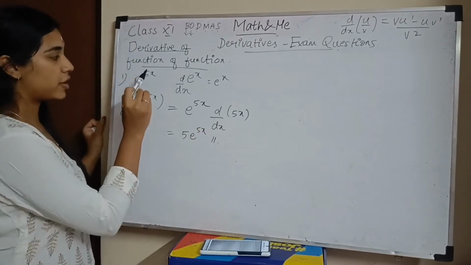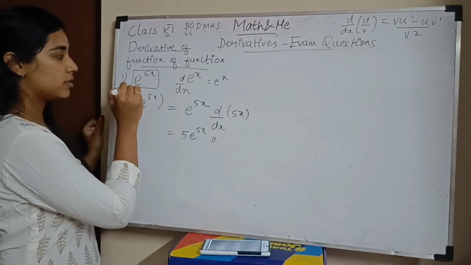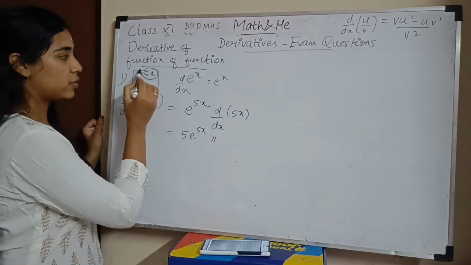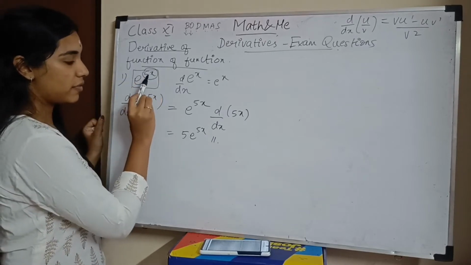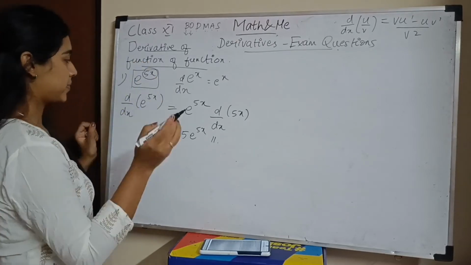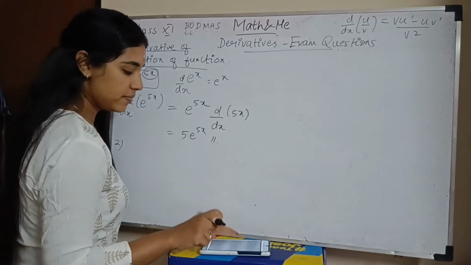So you have a function inside a function. So this is one function. This is another function. So you have to find the derivative of the function first, and then you have to find the derivative of the function that is inside the function. Okay? Let us see another question. You will have some better understanding. So you have